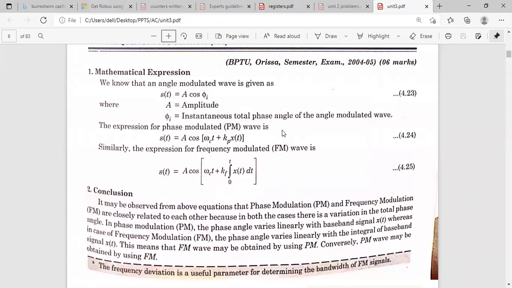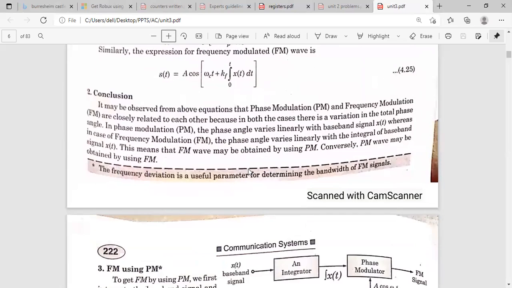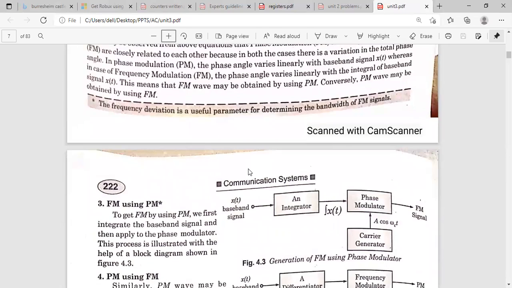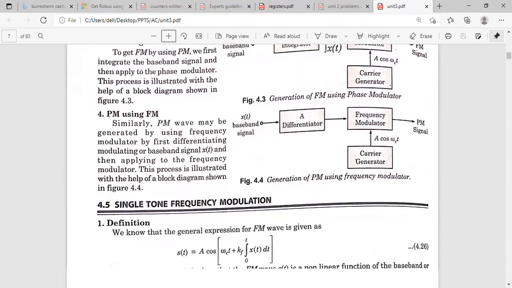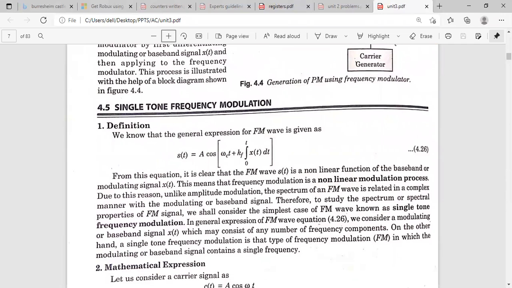So this one is the phase modulated wave యొక్క generalized expression, and this one is the frequency modulated wave generalized expression. And you have to remember these two generalized expressions, and also you have to remember this one also. We can obtain the FM signal by using phase modulator, and we can obtain the PM signal by using a frequency modulator. Okay, so in the next class మనము frequency FM modulation ki generation methods, detection methods గురించి డిస్కస్ చేద్దాం. Okay.